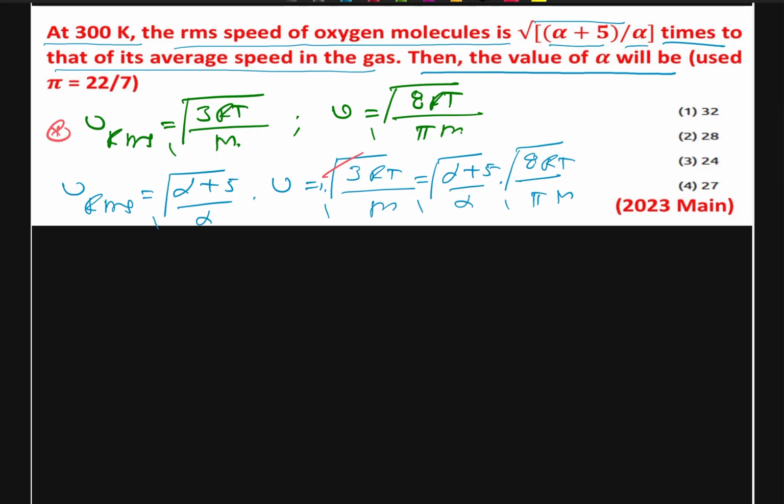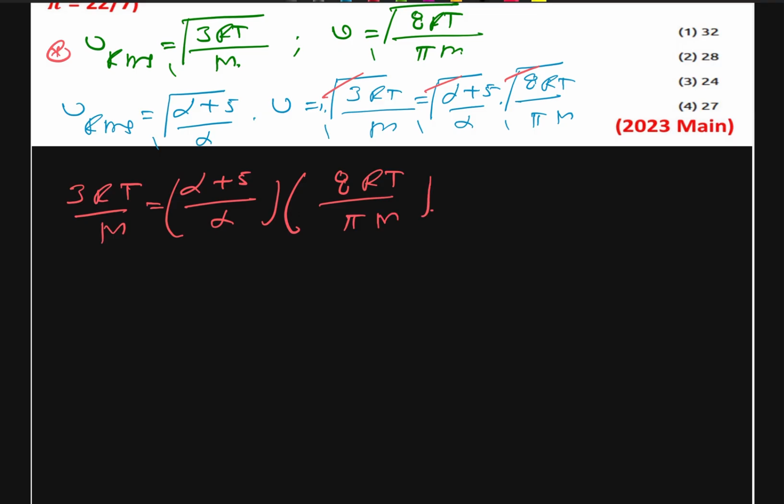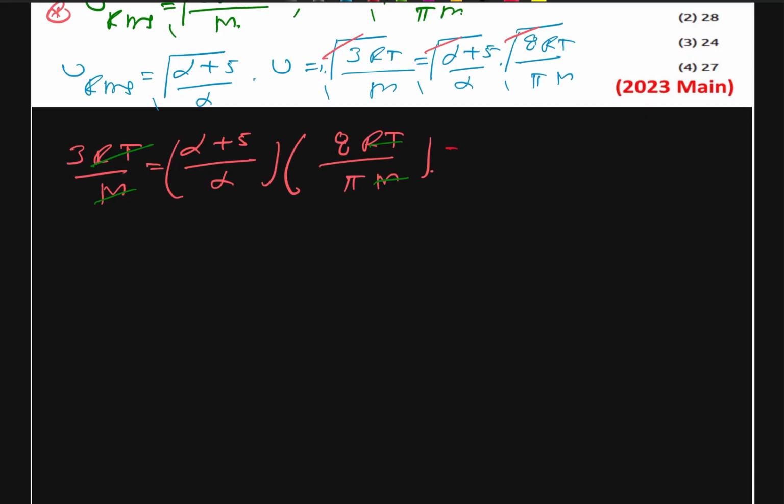So this square root cancels out throughout, and we get this from here: 3RT upon m is equal to alpha plus 5 upon alpha, and this is our 8RT upon pi times m, and this RT upon m cancels out. So from here we get that alpha plus 5 upon alpha will be equal to 3 pi upon 8,